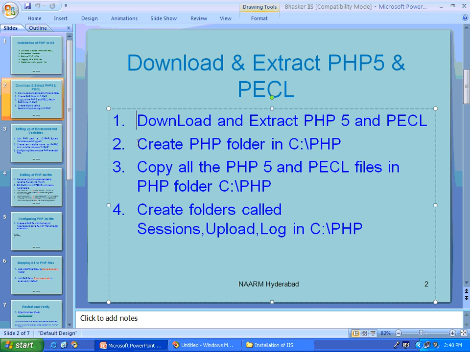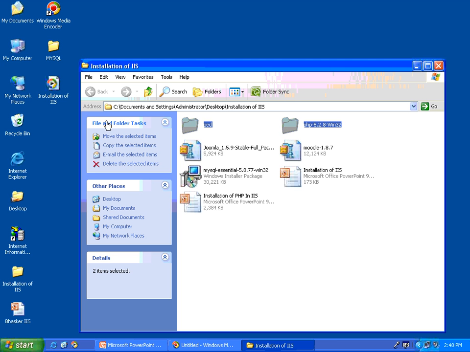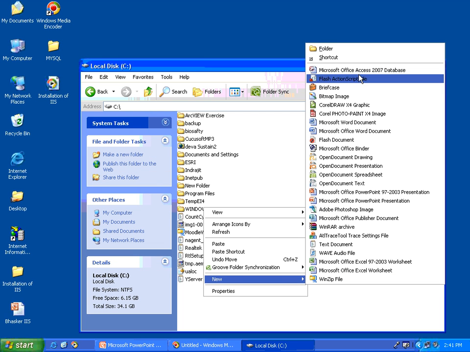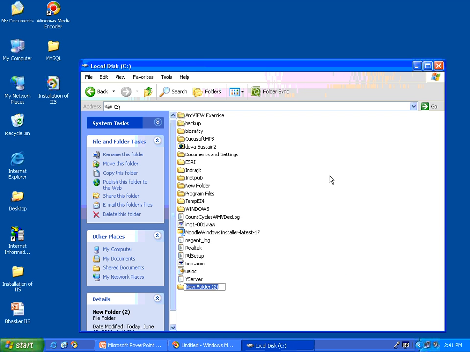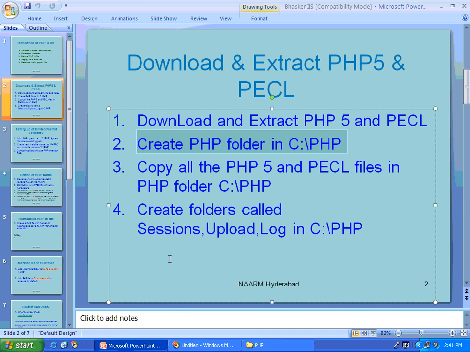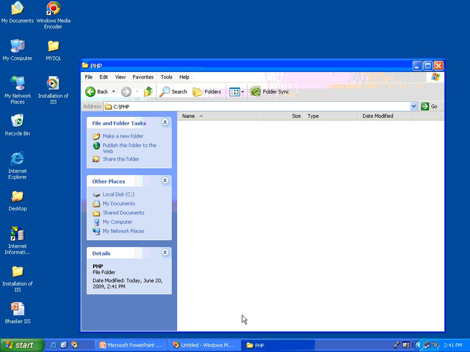After downloading, you create a PHP folder in C:\PHP. Now we are going to create a folder in C:\PHP. It should be in capital letters, PHP. After creating the PHP folder, you copy all the PHP5 and PECL files into the PHP folder, that is, whatever we have downloaded